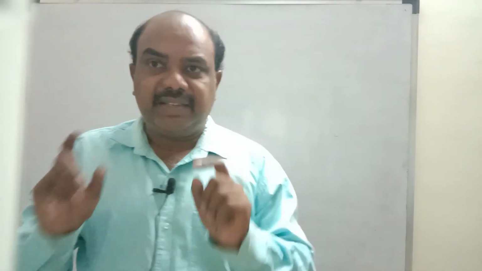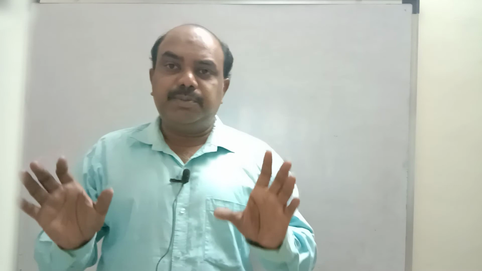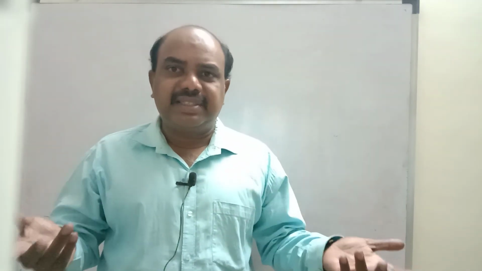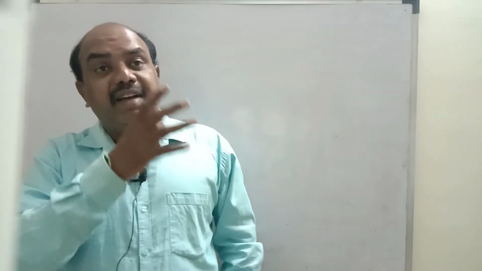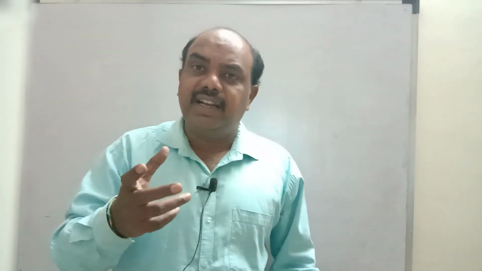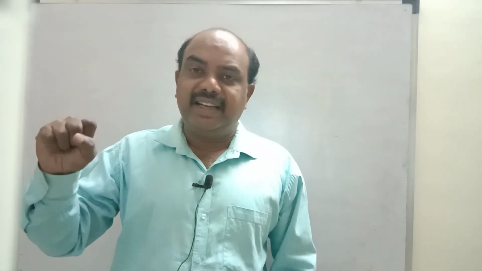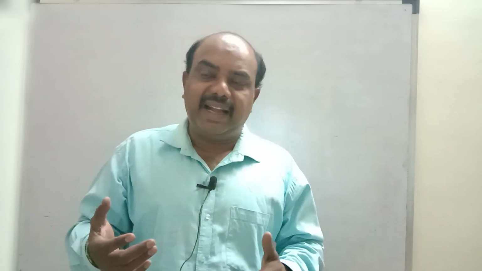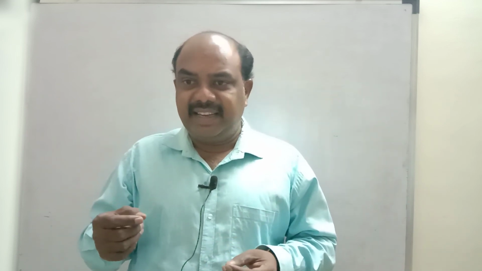Next topic, next video also I will upload today: dispersion and scattering of light. Why does the sky appear blue? Why does the sky sometimes appear white? Why does the sun appear red in color during sunrise and sunset? Morning and evening the sun appears red; why? In the afternoon it appears white. What is the reason behind it? What is meant by dispersion? What is meant by scattering? All these phenomena we will see in the next video.